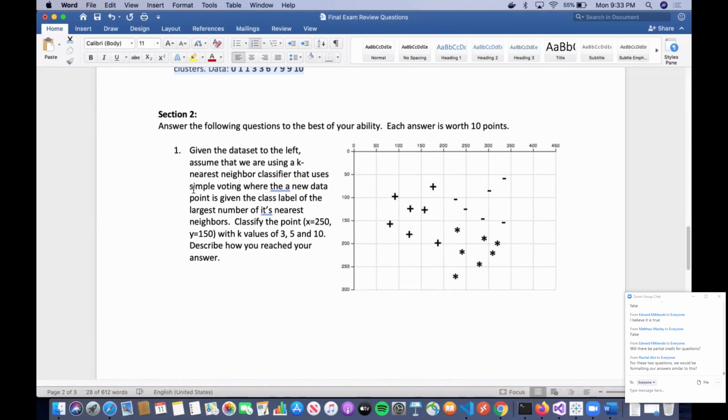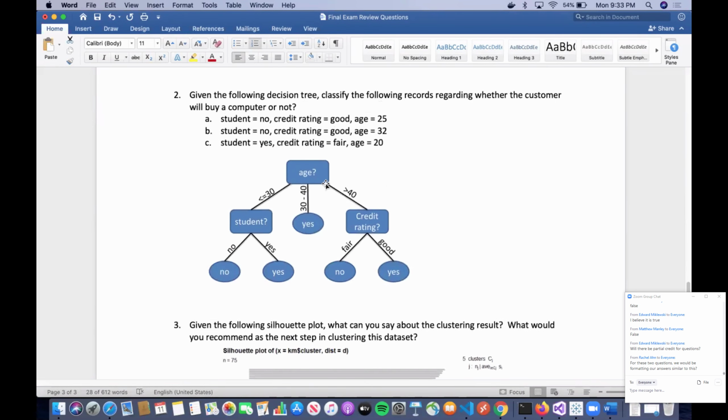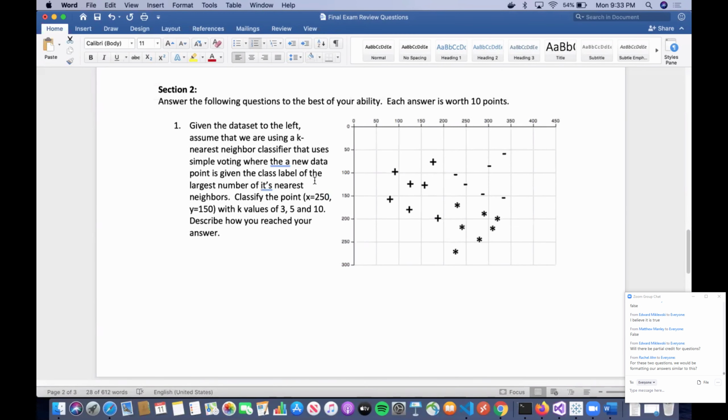That brings us to another question here. We say answer the following questions to the best of your ability, and each answer is worth 10 points. This will be for section 2. Section 2 will be 30 points, or could be 20 points if we choose to give you just 2 questions, or it could be just 10 points if we choose to have just 1 question. We say given a data set,